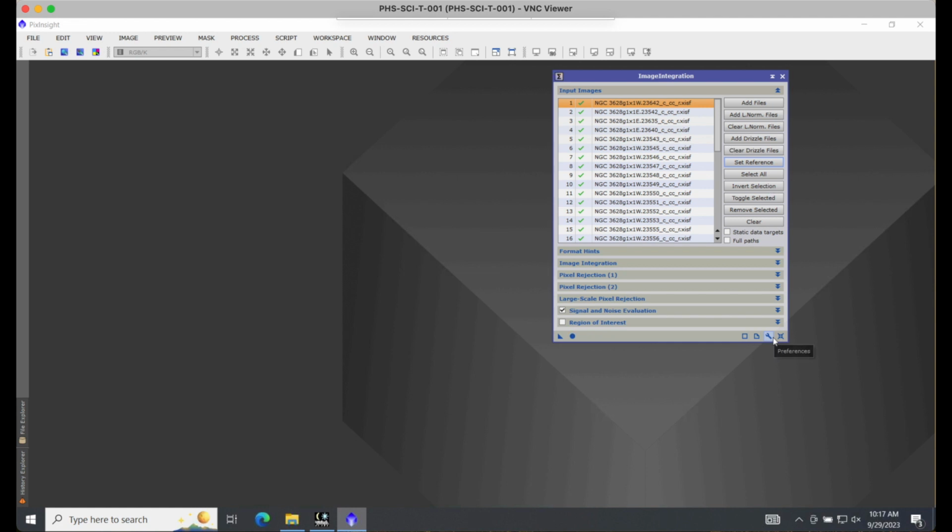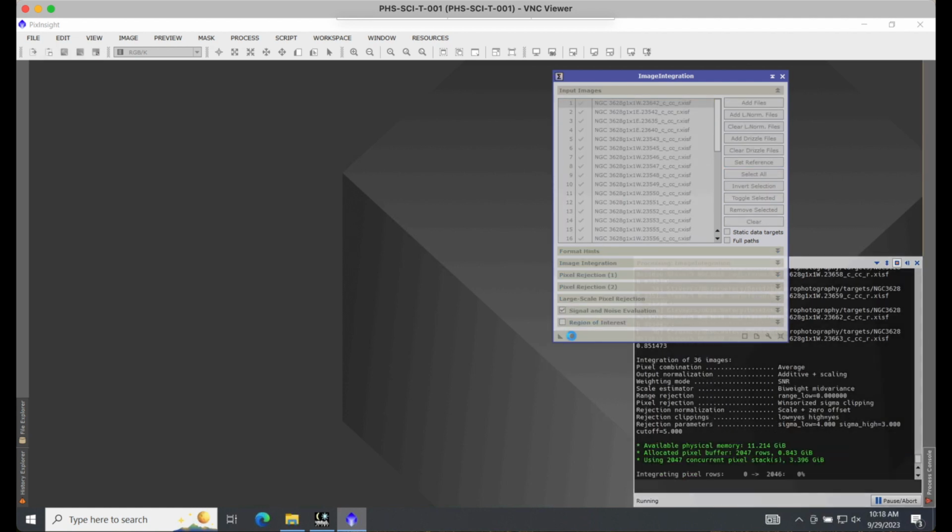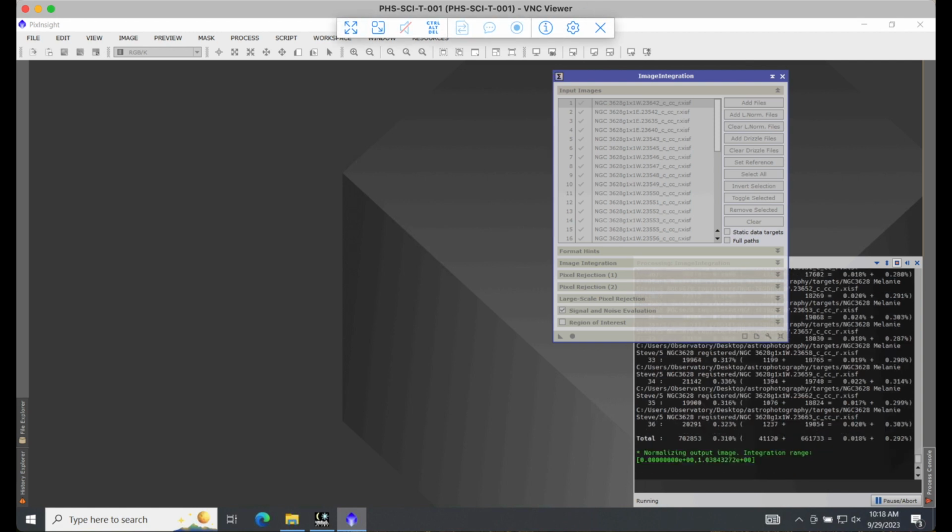And everything else here, unless you did the reset, but if you just did the clear images here, clear the input images, all the rest of this stuff should be just fine. And then we go ahead and click Apply Global, and off we go again. And so you're going to do this separately with each filter that you have. And so that will do it for the PixInsight image integration tool. And at the end of this, you should have one single master image for each filter that you shot. And we will see you next time as we continue our astrophotography